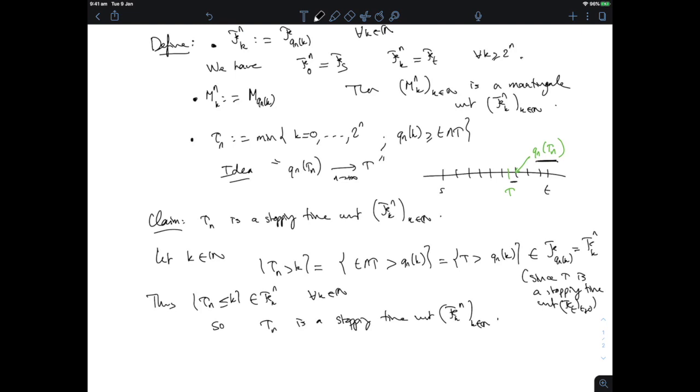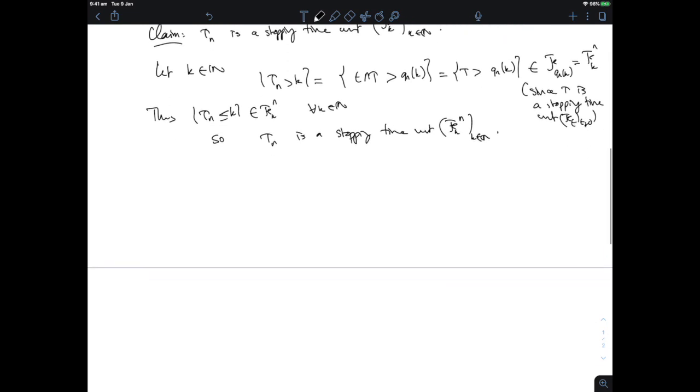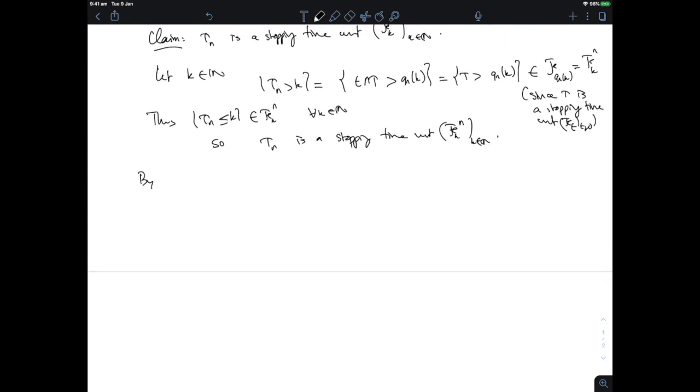Right, so now I can apply the stopping time theorem for discrete time martingales. So by the discrete time stopped martingale theorem,